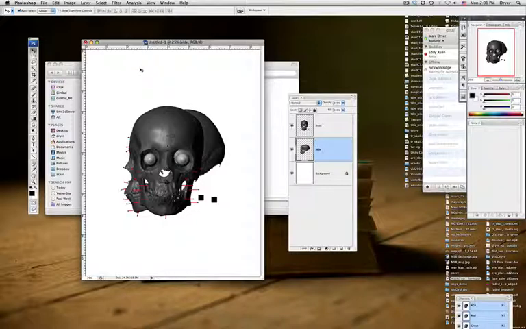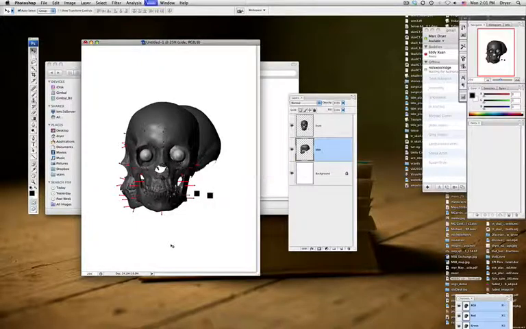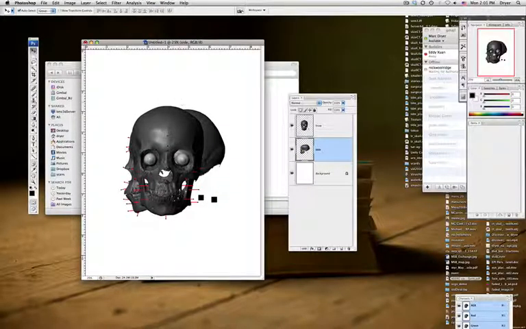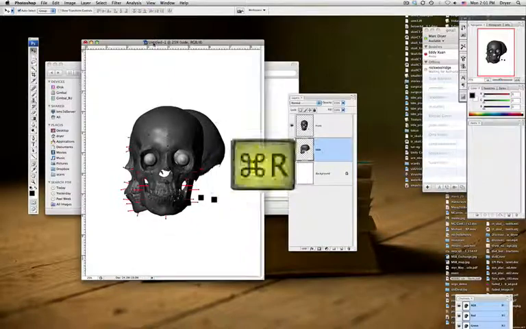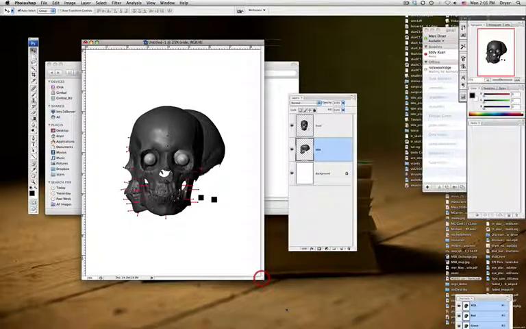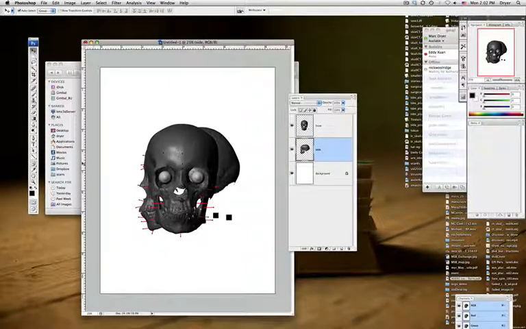So the first thing we need to do is set our units in the ruler here. The rulers are just measurements along the side of the document. You can see it's 8.5 by 11 inches. If yours aren't turned on, then you can just press Command R to toggle them on and off. But we don't want to measure this in inches right now. We need to change this to centimeters so we can make sure that each one of these blocks is actually exactly 1 centimeter, and we'll get a 1:1 scale